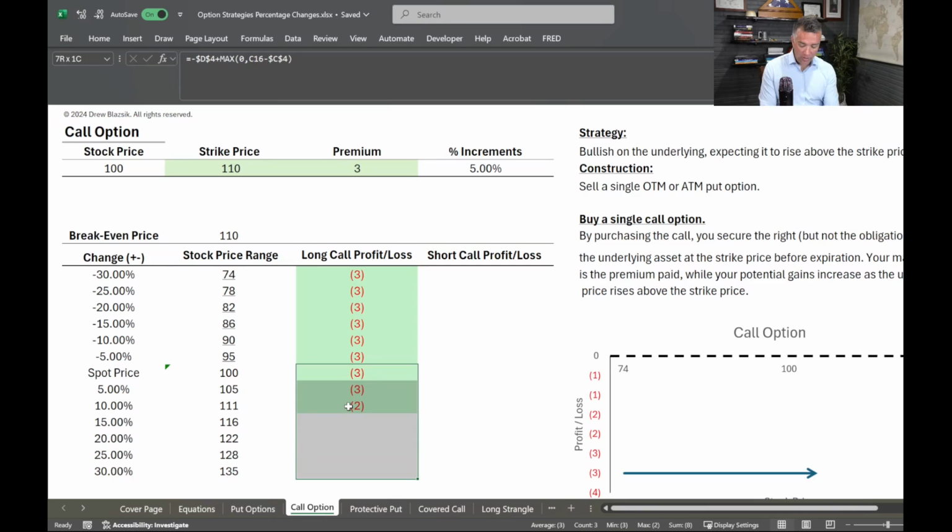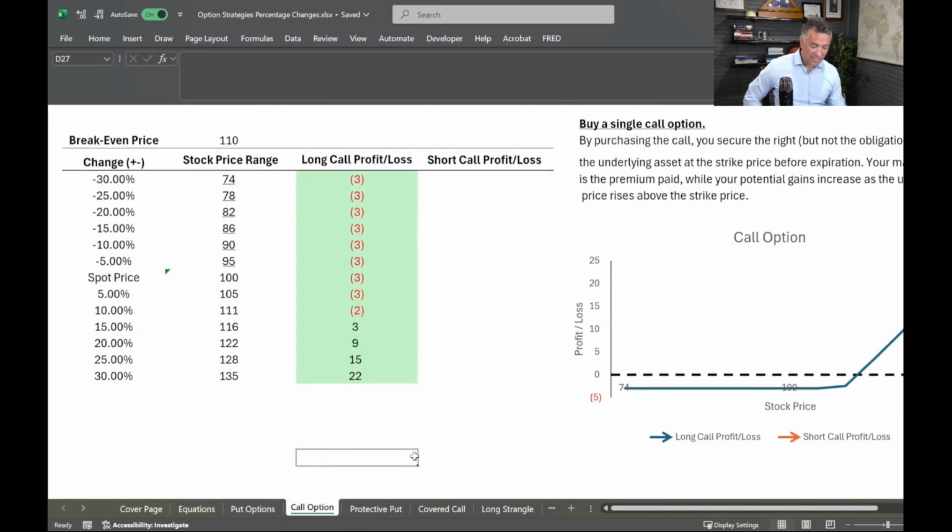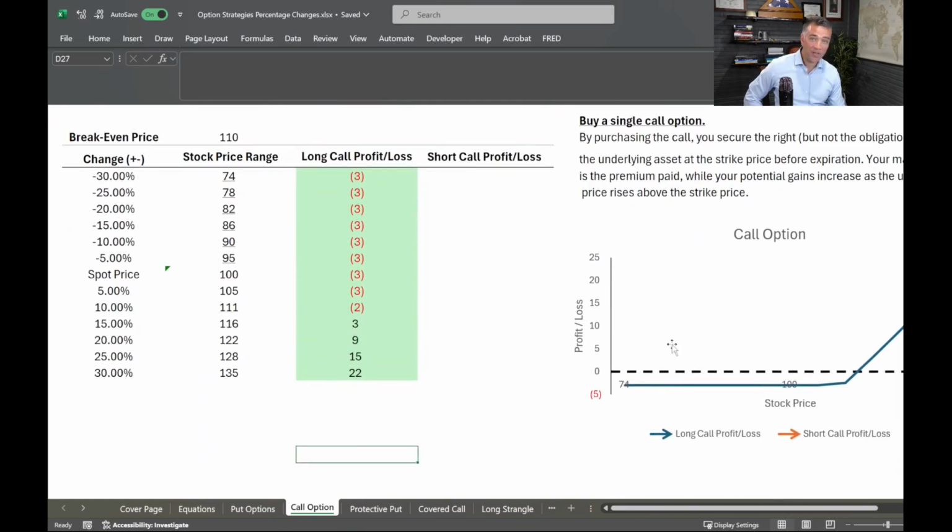And then if I go all the way to 135, see that graph, I have to go up, and then you can see my dotted line there. I don't know why it doesn't do that. So as you can see, if it goes beyond right here,